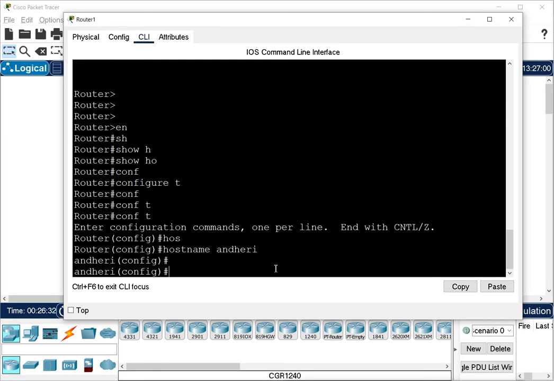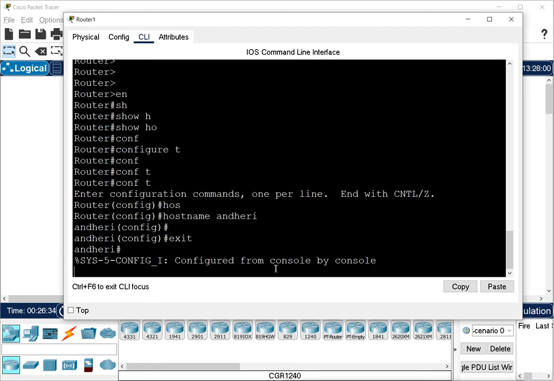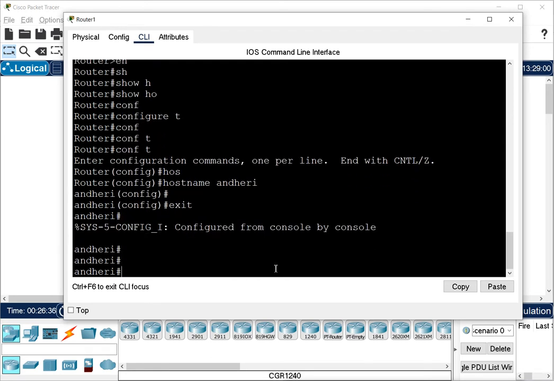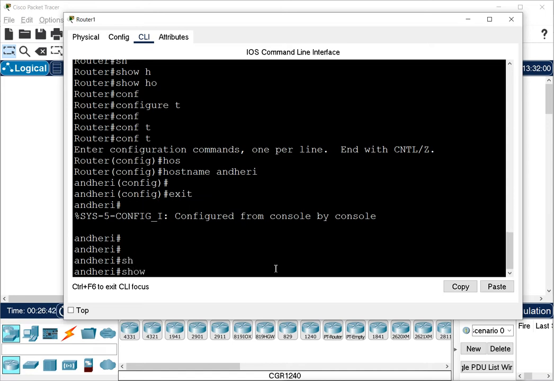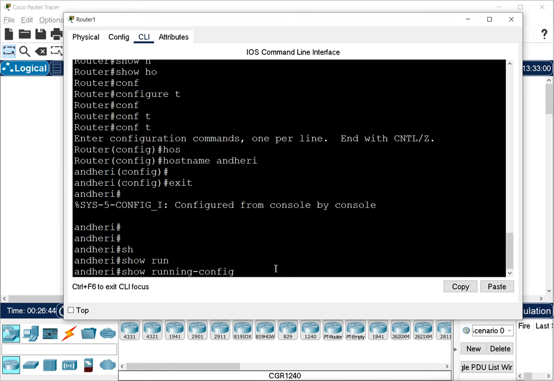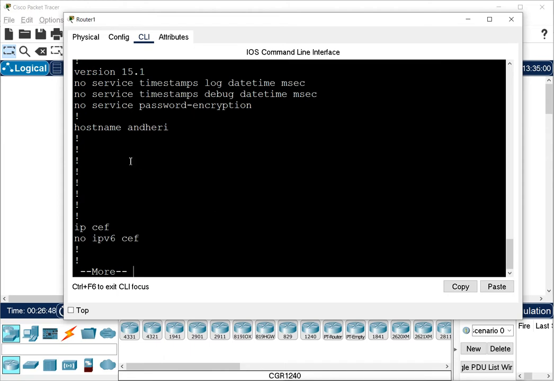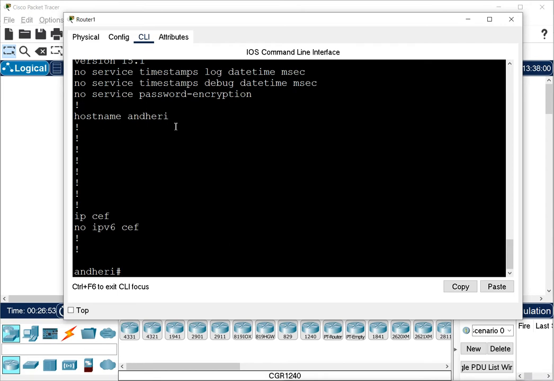So I changed the name of my router so that I know which site it belongs to, or where it is located. Now if you see show running-config, remember it shows only the running configuration, and it shows here that the hostname is Andheri now. We have not configured other things, but this one we have configured right now.